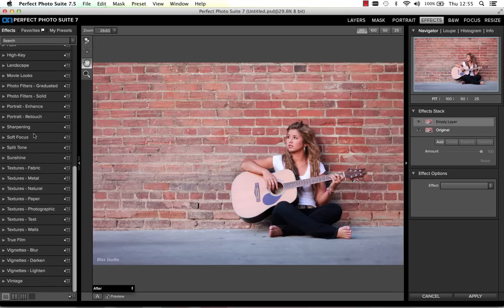So the first thing I'm going to do, if I wanted to create Instagram type styles, or also, by the way, if I'm going to edit images, baby shots, little toddlers, that type of thing, so young kids,